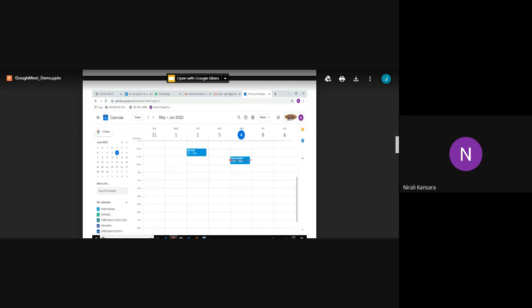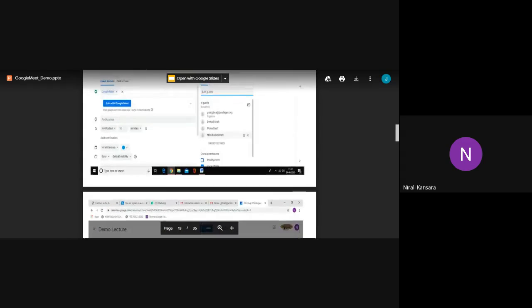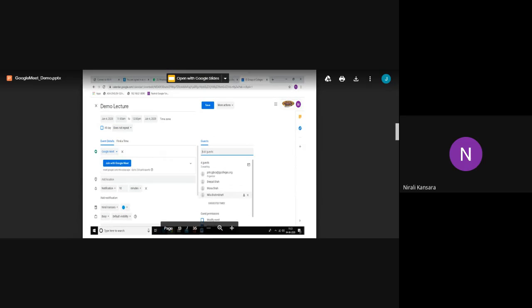Now you have to go to the Google Meet. So for selecting Google Meet, you can directly double click here. So again, it will open this screen. Okay. From this screen, you can click on Join with Google Meet.